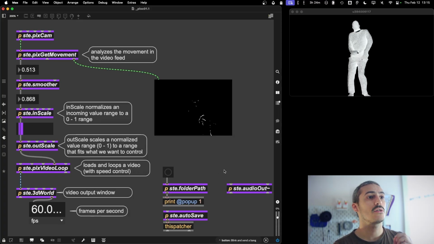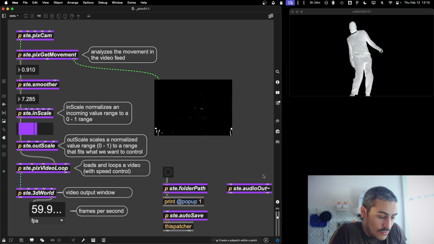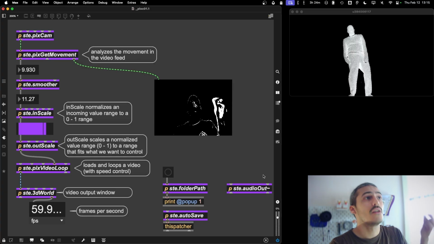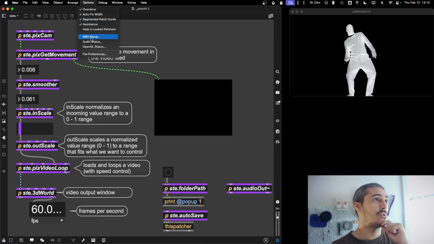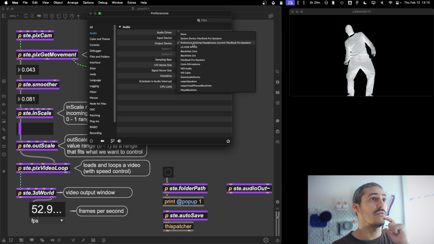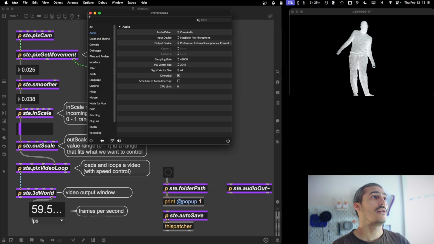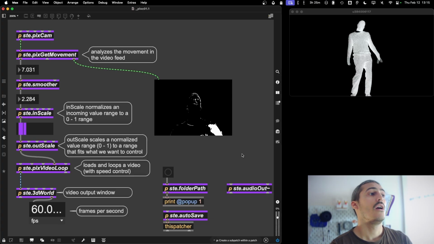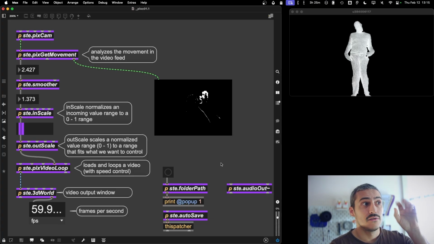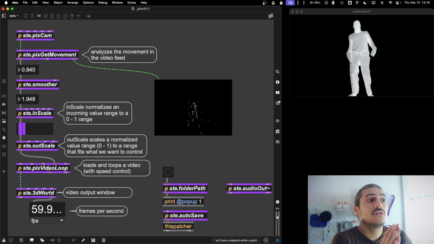A little detail about the video file and its sound. So we talked in the last episode about this little snippet here, the audio output. Here is where you feed sound that you want to hear from your speakers or whatever device is selected in the audio preferences in Macs. So here, options, audio status, output device. This is the device that is for Macs to output the sound. And this is where you would hear whatever you feed into this audio out. Now, this is a weird thing here. If the sound is inside the video engine outputs the sound to